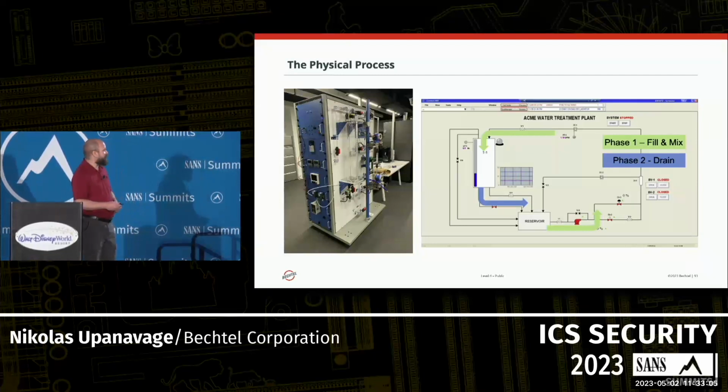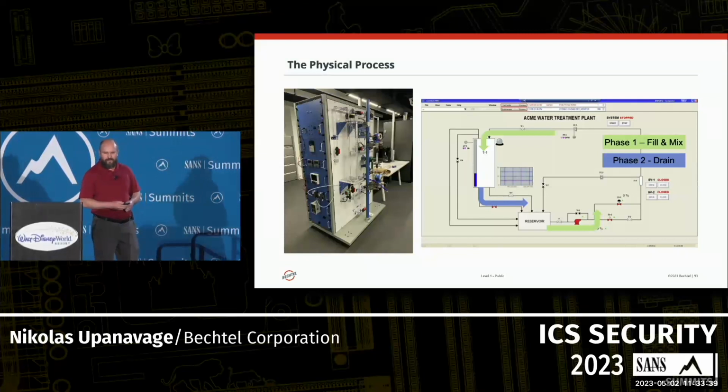So there's a fill and mix phase. In the fill phase, we use that control valve to fill quicker in the beginning. And then as we get up to our high level set point, we slow down. Then phase 2 starts when you hit that high level set point, and it drains back down. And this is a common process that you can see out in the field. We wanted to have something to replicate and to start off with, to say, how can you upset a process like this?